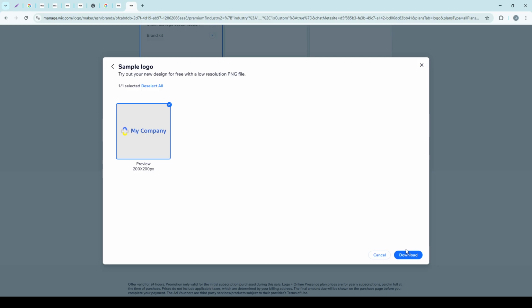You've successfully downloaded a logo from Wix Logo Maker. Whether you're just exploring your branding options or taking the initial steps in launching your business, having a professional-looking logo is vital. I hope this guide was helpful and that you're now equipped with the knowledge to download your own